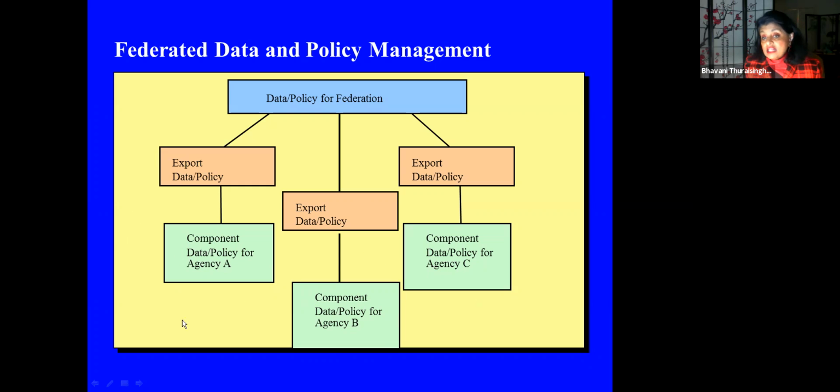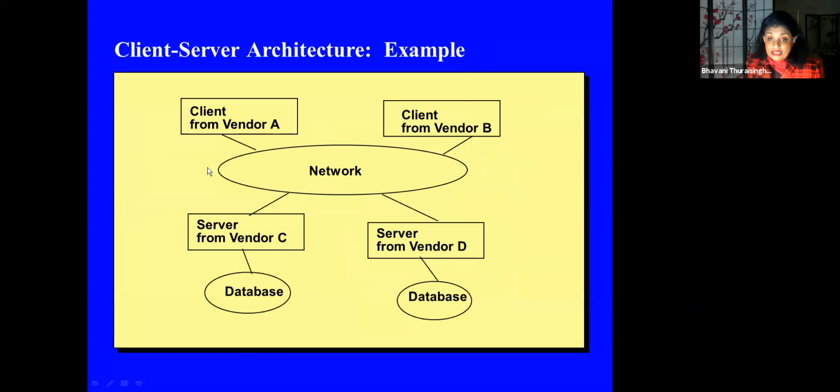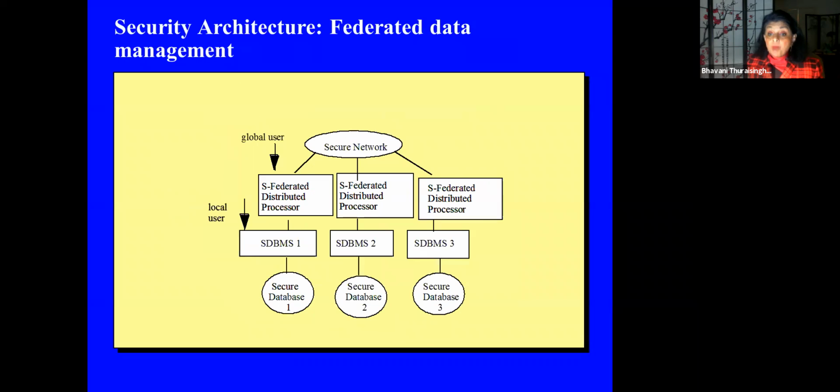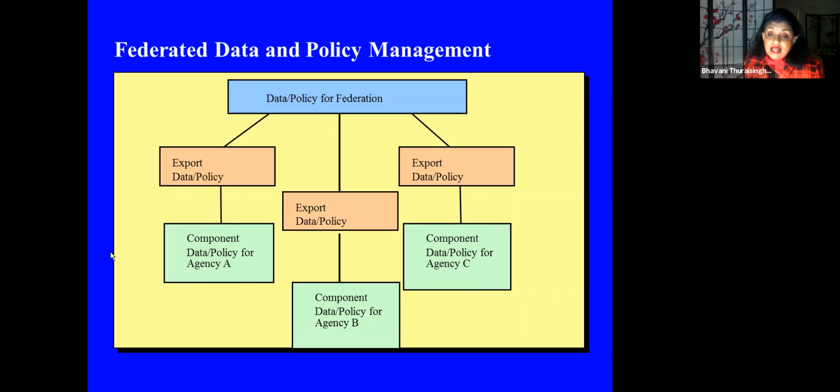So first of all, you need a generic policy. I haven't shown it in this figure. The generic policies could be object-specific, because if the generic schema is objects, then our generic policies have to be specified on objects. If it's XML, the policies are on XML. And then A will also export some policies for the federation. Of course, these policies will have to be more stringent, just like we showed. Remember, here we exported data to the federations. Instead, here we are exporting policies. So what this means is that we are more stringent.